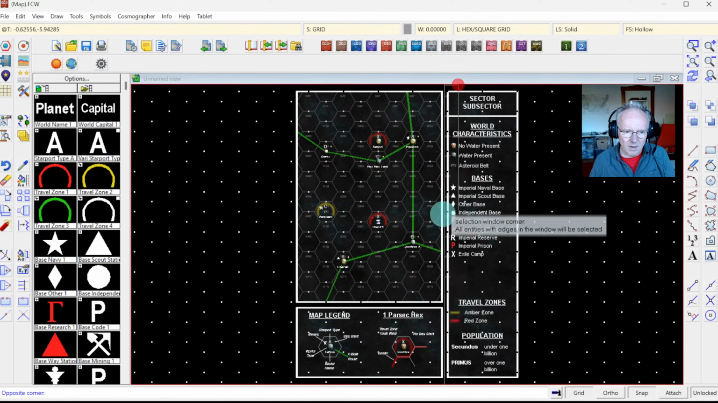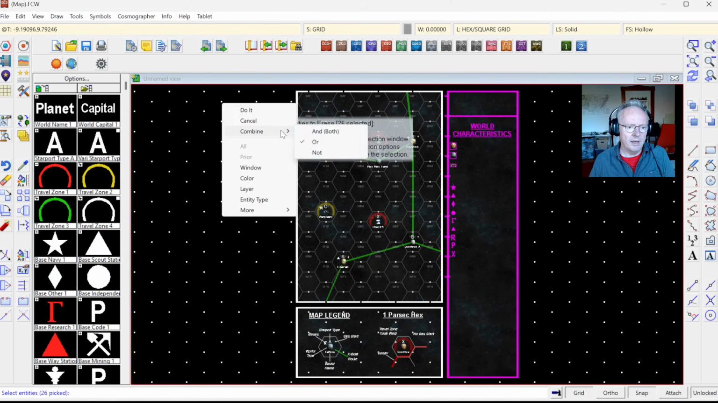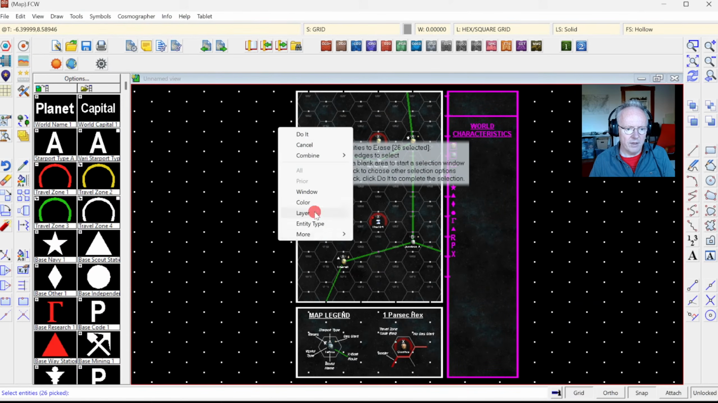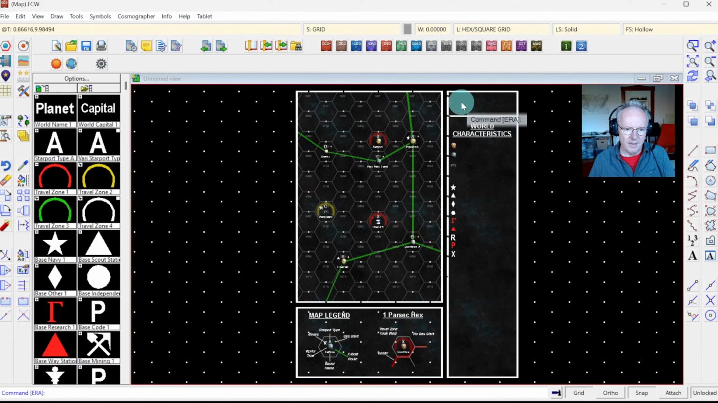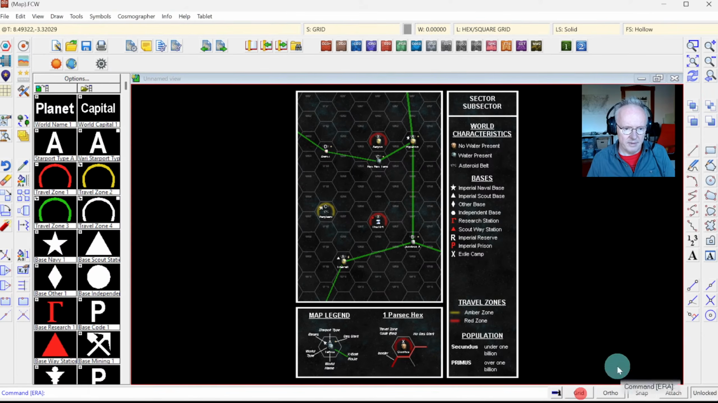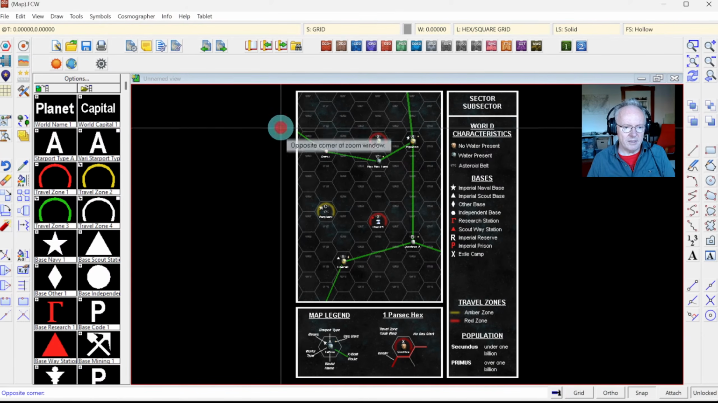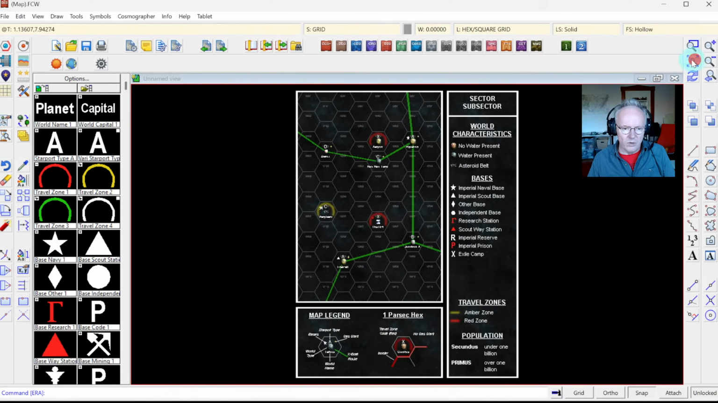Erase. See these numbers here. I'll combine and everything on the layer hex or square grid. And there's the stuff deleted I wanted to get rid of. And now I've got my hex numbers in the hex in there. And I can continue working on the map as I want to edit this for my